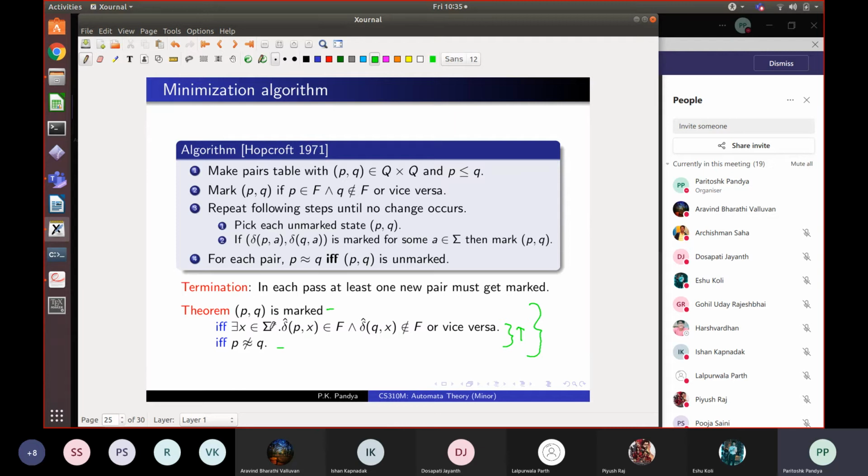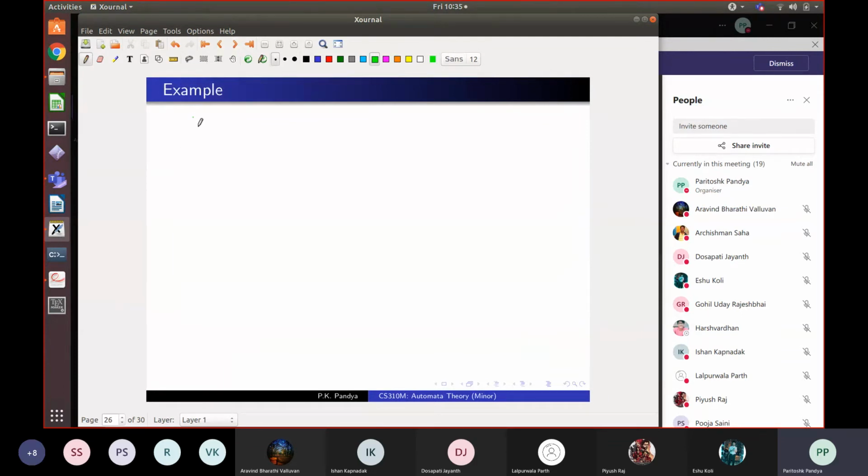Now, if this algorithm is clear, can you try and give a proof? But before we come to that question, let's do some examples. So I'm going to do an example here. I have an automaton whose states, this green may not be very visible, let me move to blue.